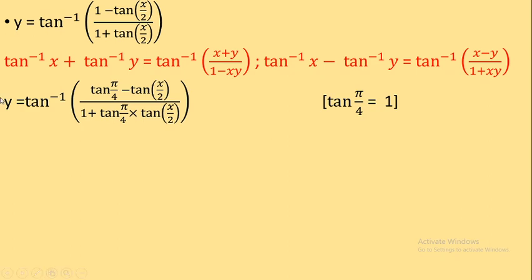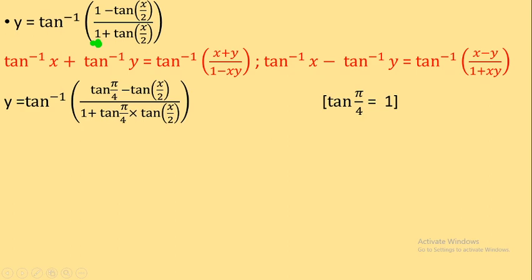The first trick is you have to make the first term of the denominator 1. Here the term is readily 1, so you don't have to make it. But for example, if there was something else, for example 10, then you had to divide by that number, both numerator and denominator. So the first thing you don't have to do because it is already 1.